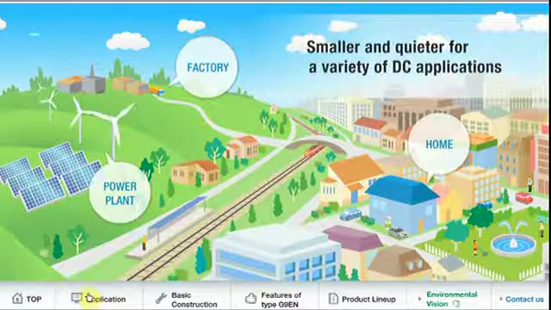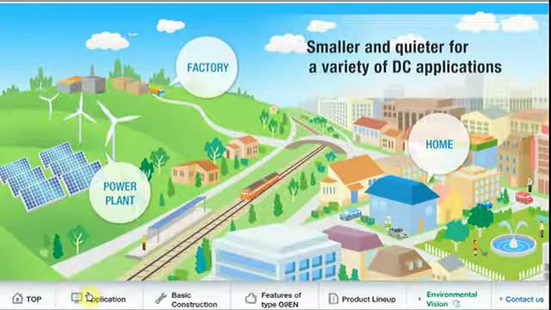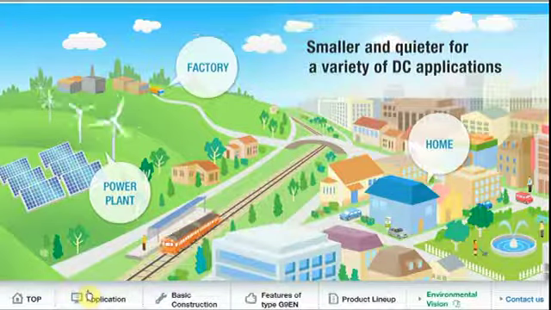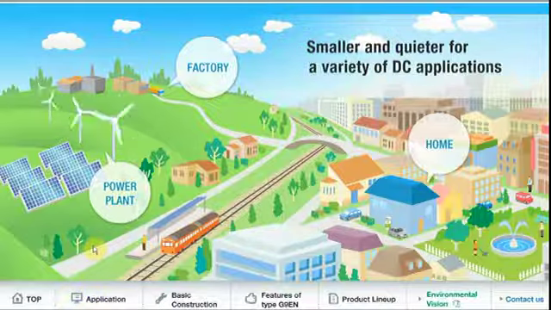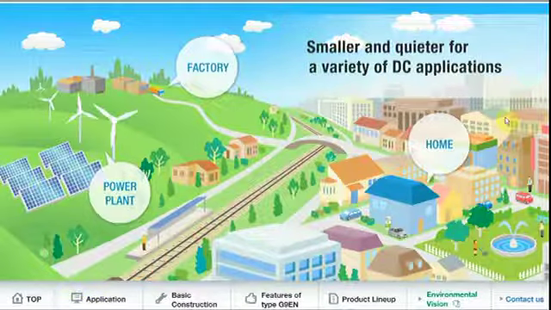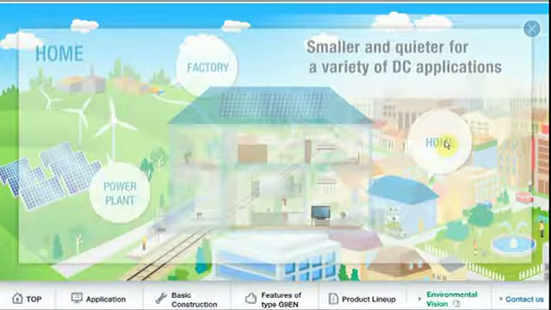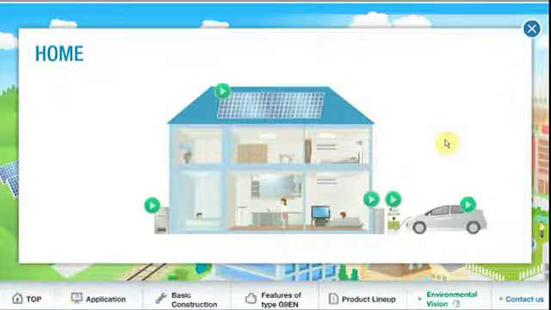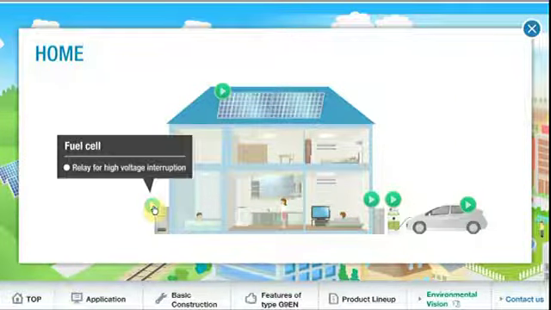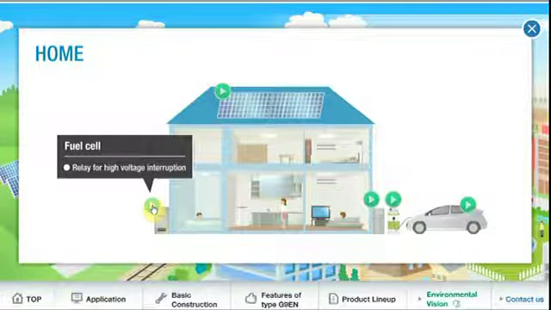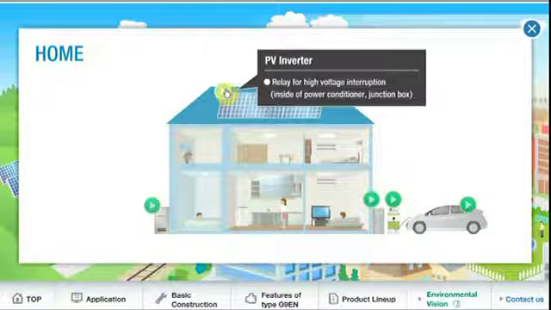So some of the applications where the DC power relays can be used, because they're smaller and quieter, opens them up to be used in a variety of different applications. So we'll start in the home. Within the home, you could use them if you have a fuel cell, as a relay for high interruption voltage, or for a PV inverter, relay for high voltage interruption,